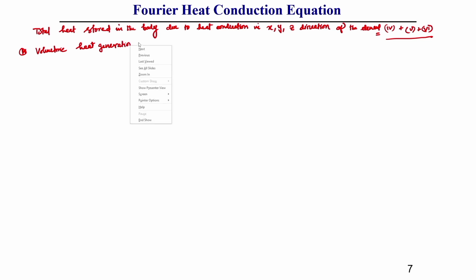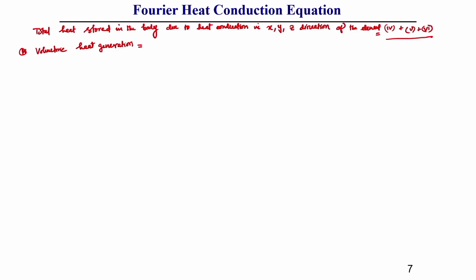These volumetric types of heat generation, how can you get them? This heat generation generally comes from the arc, if it is an arc welding process, or it can come from frictional energy, due to frictional force, in the case of friction stir welding. So, let us consider the volumetric heat generation due to arc welding as Q triple dot, which has the unit watt per meter cube.